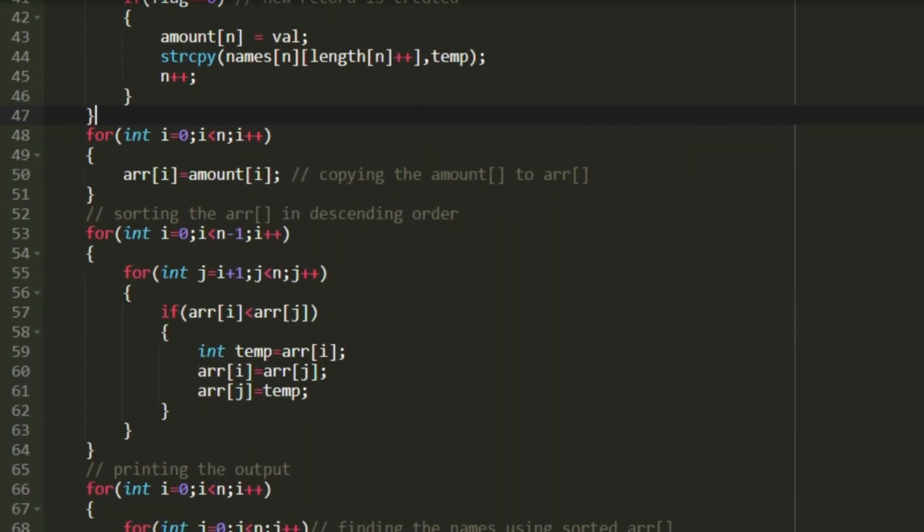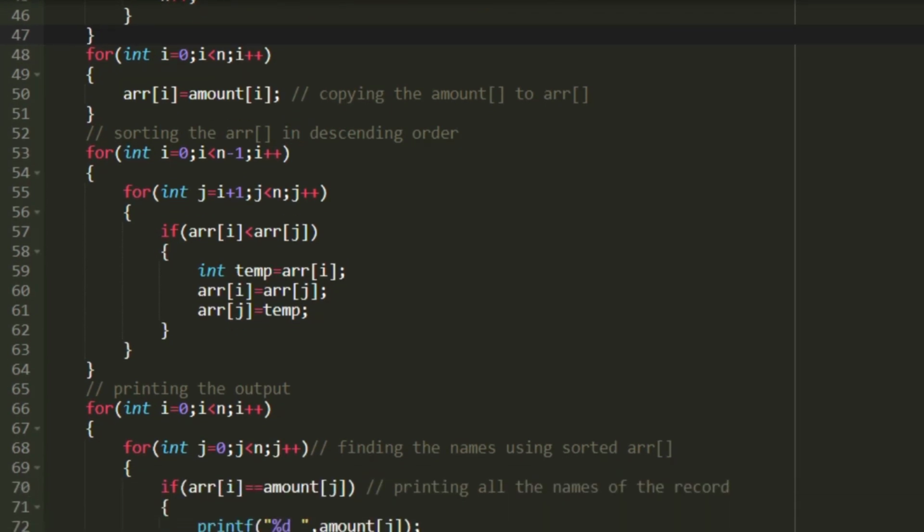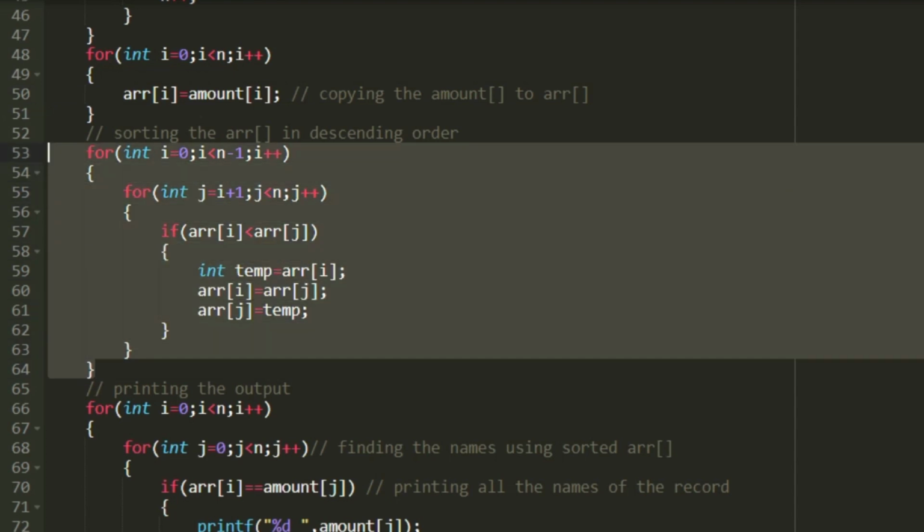So now we have to print our output, and while printing our output we have to print based upon the total purchase value. So the person who has the maximum purchase value must be printed first. So to do that we have to sort our amount array, but if we sort our amount array then we cannot link the amount with the name character array. So in order to avoid that, first I am copying the amount data into another array named ARR. So I am creating a loop that iterates from 0 to n, and in every iteration I will be doing ARR of i is equal to amount of i. So all the data present in amount will be stored into ARR, and after that we will be sorting the ARR array.